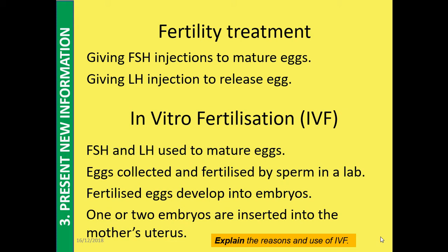It could be that she's maturing eggs, but they are getting stuck, kind of trapped in the ovaries because she's not releasing the LH to release the egg. So it could be that she has some LH and it releases an egg, she becomes pregnant, and that's the only intervention she needs. Fertility treatment in fertility clinics can then go on to IVF, in vitro fertilization,